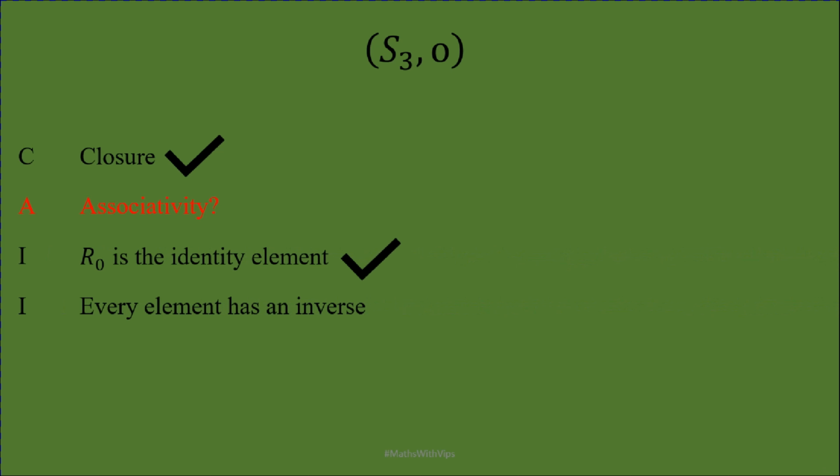Coming back to the final conclusion, we have observed from the composition table that S3 along with the binary operation of composition is closed. Then associativity, as I have told you, you should try by yourself. We have R0 as the identity element, and every element has an inverse in S3. Thus we can say that S3 along with composition is going to form a group structure, and it has order 6. The next question is whether this group is abelian.